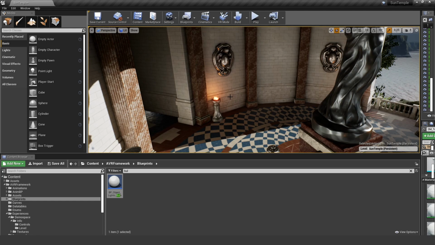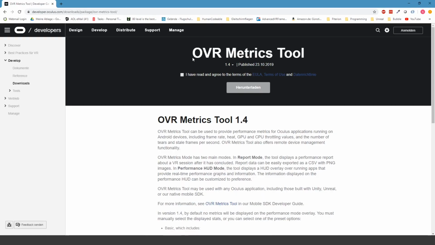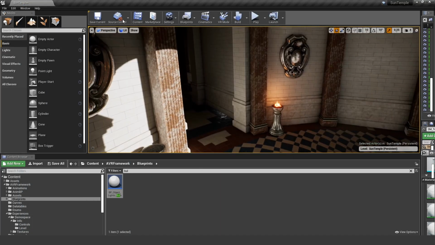72 frames per second. Actually, there is this great AVR metrics tool. It's from Oculus itself, and you can download it and put it on your Quest, and then you can make an overlay on all applications and really see where your performance is dropping. And that is really a great tool to debug your application if you don't hit the 72 benchmark. Okay. Let's get started with the